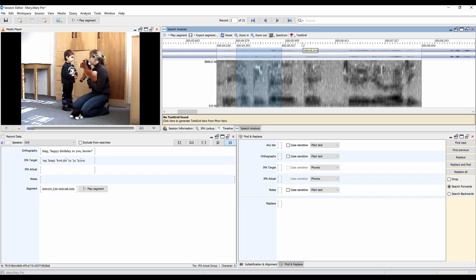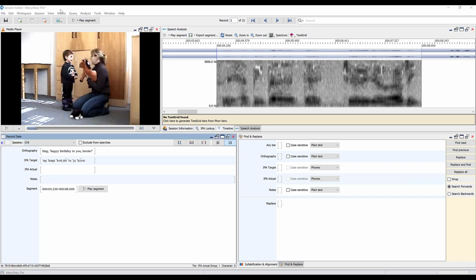birthday, and hit spacebar or just the play button to single out an individual sound or just a portion to listen to it more carefully. So let's go from the beginning. Say happy birthday to you. And this is where we're going to pull up this great feature, which is the